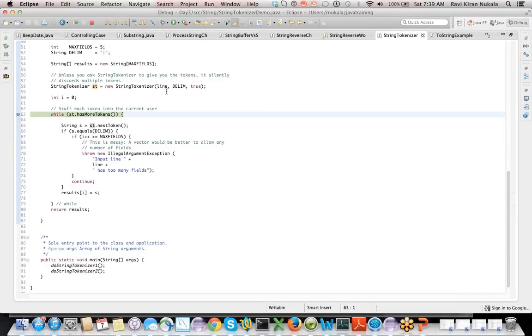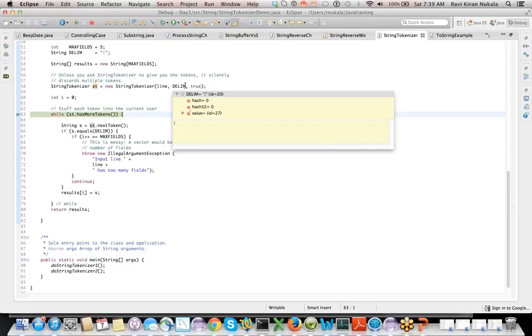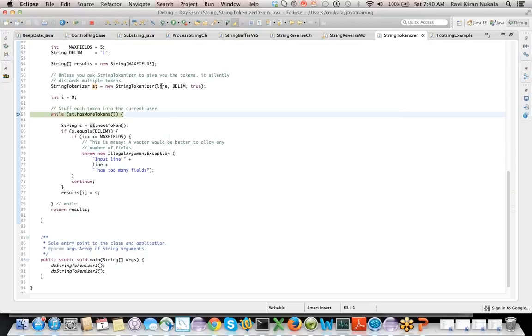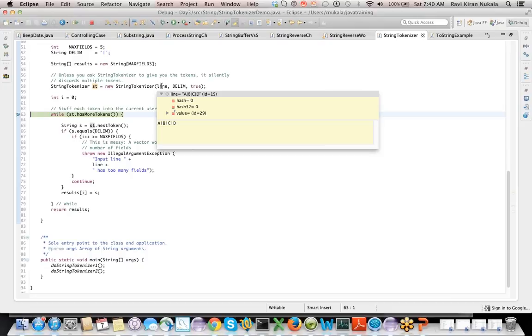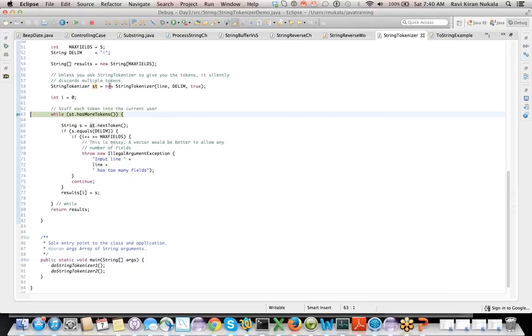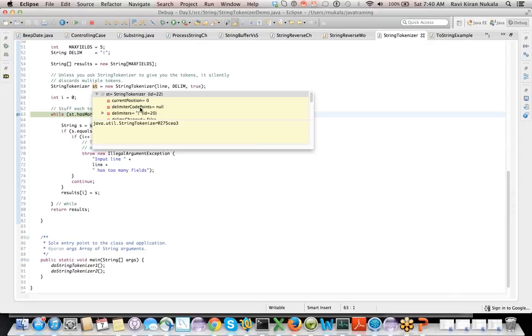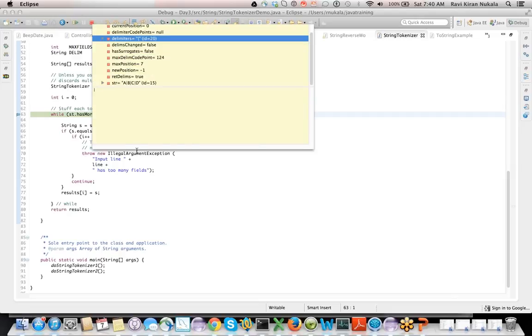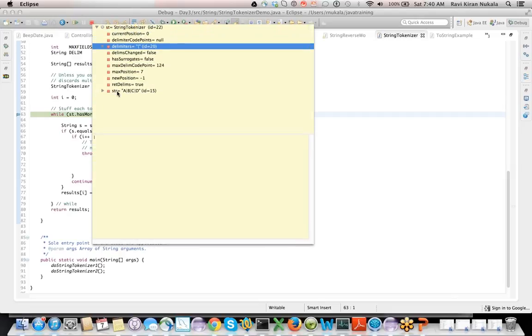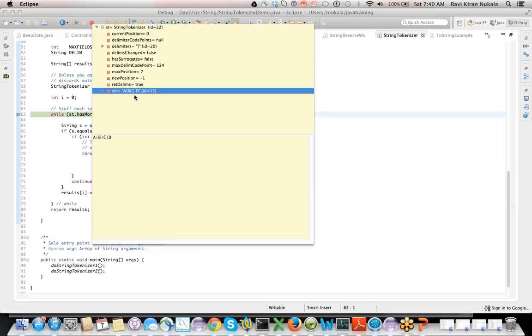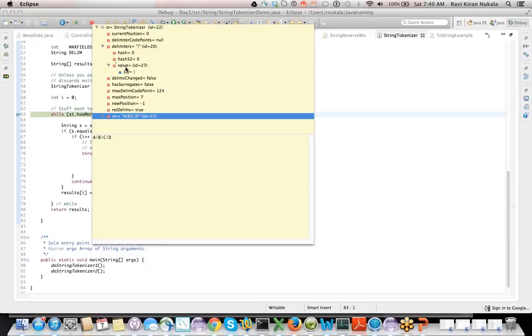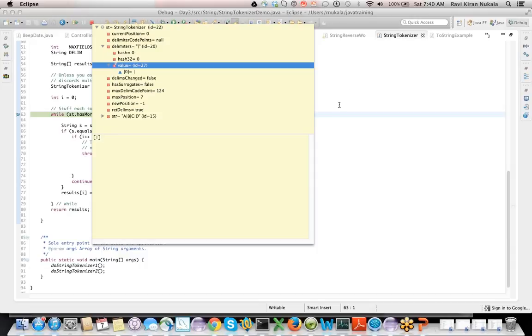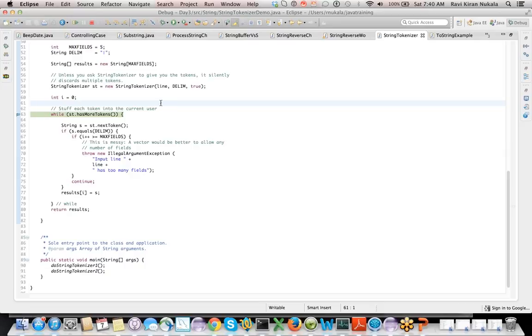So it executed this here, right? It passed in A pipe, B pipe, C. That's the input string that we gave. And after it executed, it has delimiters, and the delimiter that has been used is mentioned in here. The input string is here. Let's iterate through it, then probably we can see it.